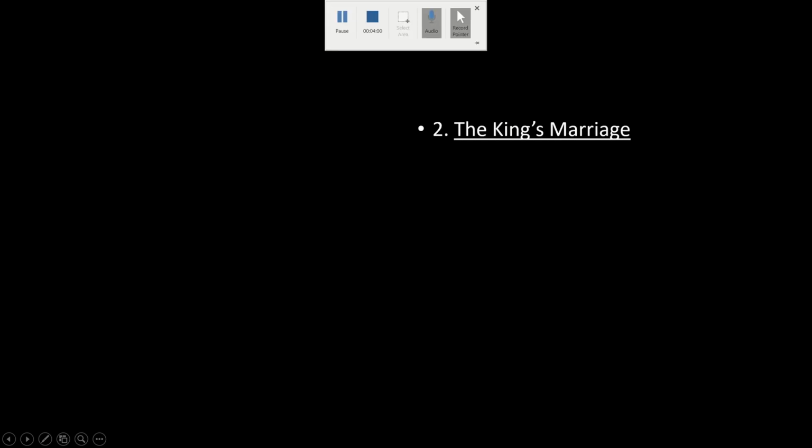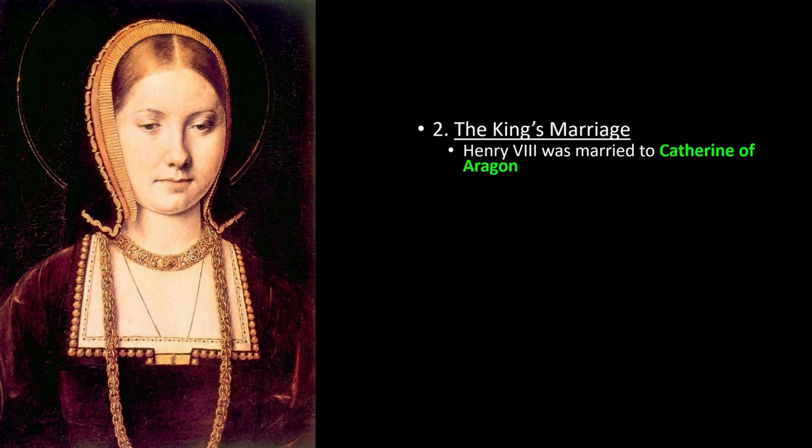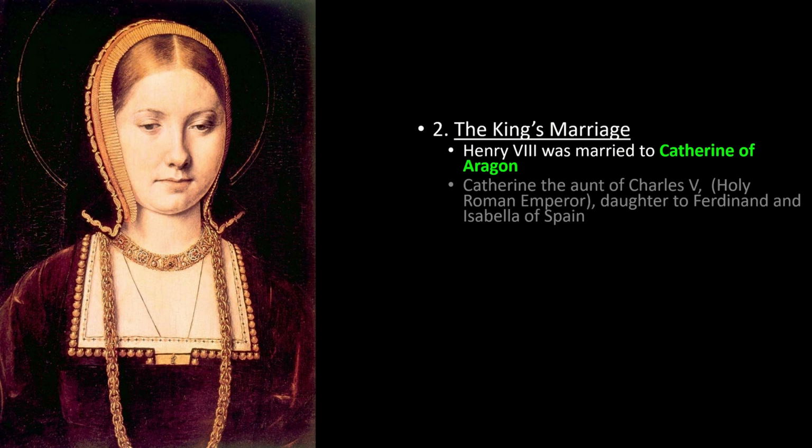Now let's talk about where it gets personal: the king's marriage. Guys, this is going to be kind of confusing, so pay attention. You're going to see all these little connections. Henry VIII was married to a woman named Catherine of Aragon. Now you might think, where have I heard that name, Aragon? As in the kingdom of Aragon? As in Aragon and Castile uniting and making the kingdom of Spain? Yes, that Aragon. As a matter of fact, Catherine of Aragon is the daughter of Ferdinand and Isabella. Remember, Ferdinand and Isabella got married, and that united Castile and Aragon and created the Kingdom of Spain, and then that started all of the exploration that's going to happen.